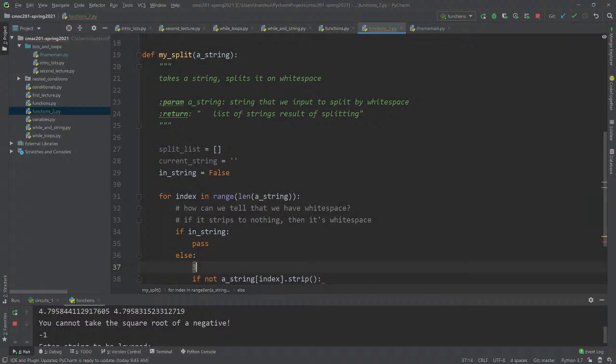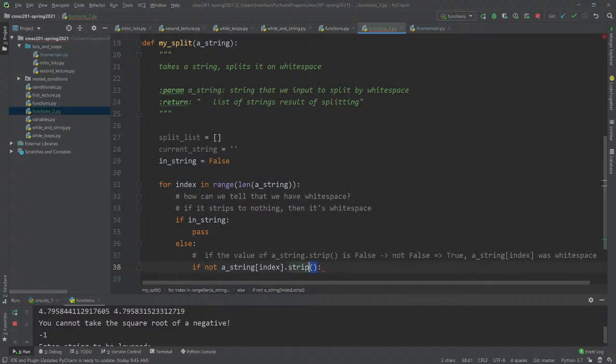So what this is doing is saying if the value of a string dot strip is false, meaning that not false is true, which means that a string index was white space, right? Because strip is going to delete all the white space, and then a string index, this is just going to test if we have an empty string at the end.